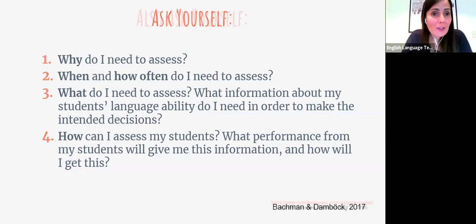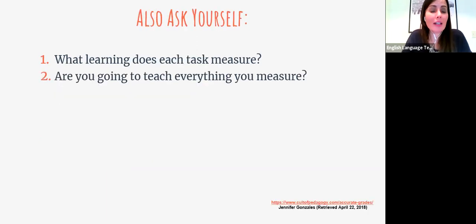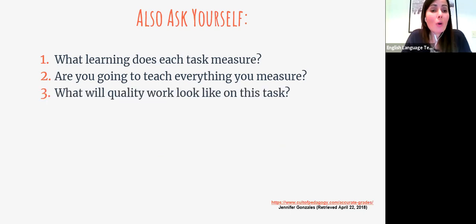So other things to ask yourself, just like face to face: what learning does each task measure, right? Are you going to teach everything you measure, including are you going to teach them how to use the tool that you're deciding to use, right? What will quality work look like on this task? And especially with online tools, you have to be careful and think to yourself, what if my student cannot produce a video, or somebody produces a really well-made video because they know how to make videos, they are tech savvy, but you have somebody else who may not be?